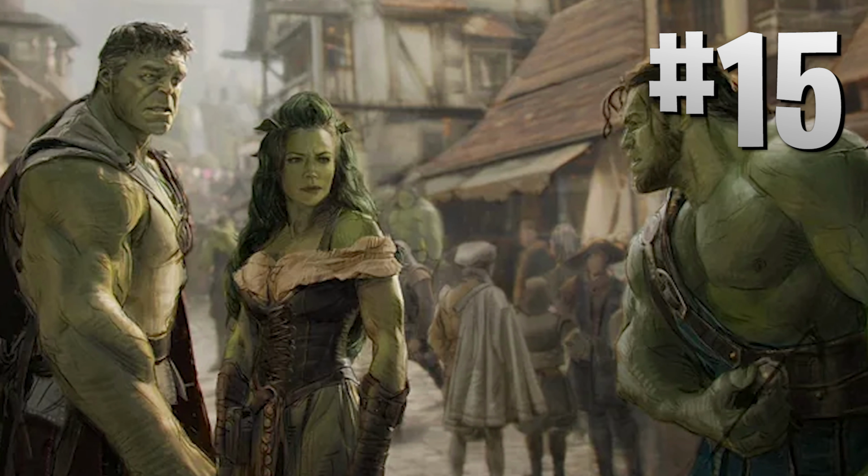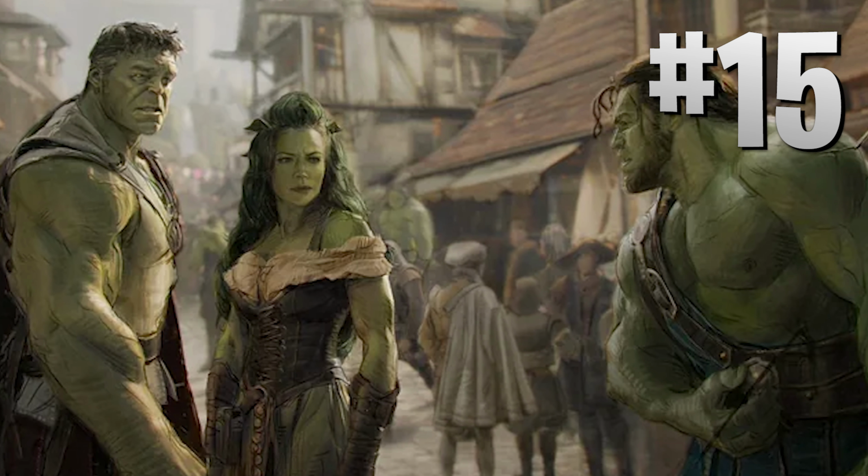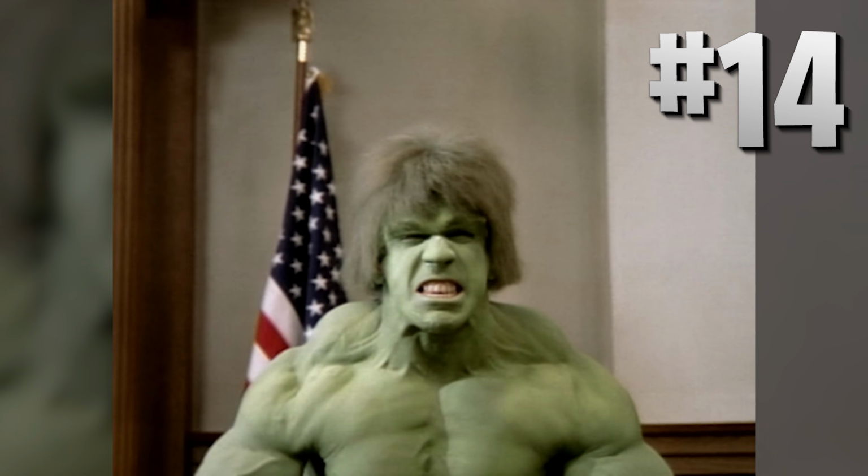And if he returns in the future, I hope he doesn't have it. We have the old leaked concept art for Doomsday in Secret Wars, and he looks better in that, but not in the show. At the number 14 spot, we have Lou Ferrigno's Hulk from the Incredible Hulk movie, as well as